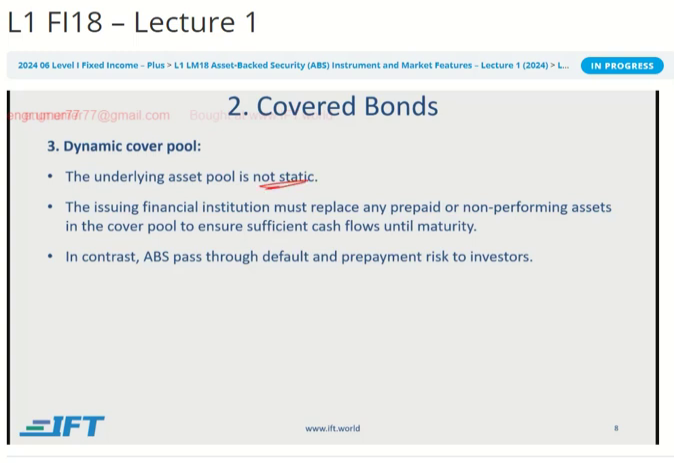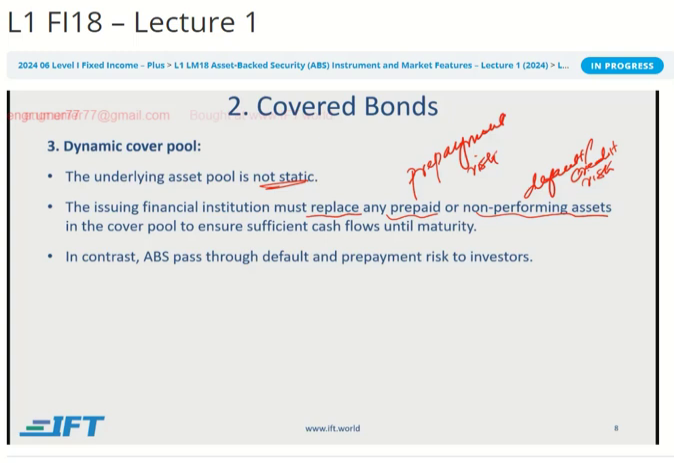It's dynamic, which means the financial institution must replace any non-performing assets or even any prepaid ones. If there is prepayment, they use that money to buy new loans, right? So that takes care of the prepayment risk. Or if there is some default or credit risk, that is also taken care of because they replace the non-performing assets with good loans. So this dynamic nature of the cover pool is what really differentiates a normal corporate bond issued by a bank